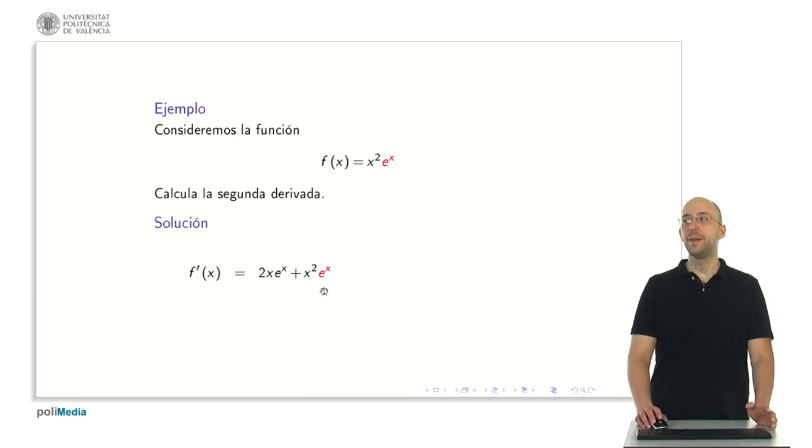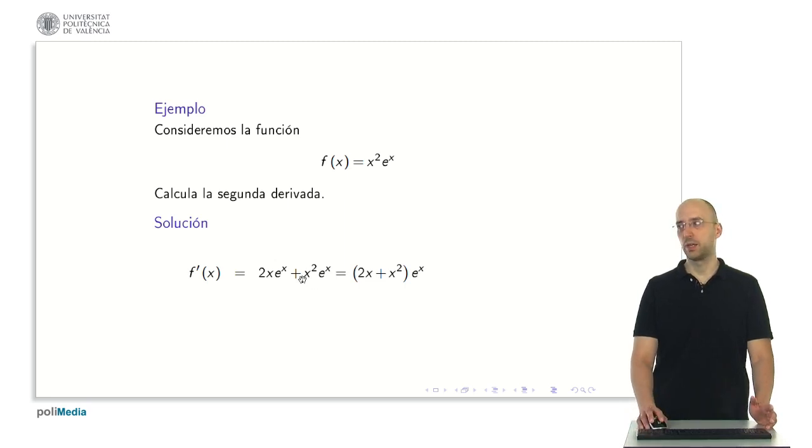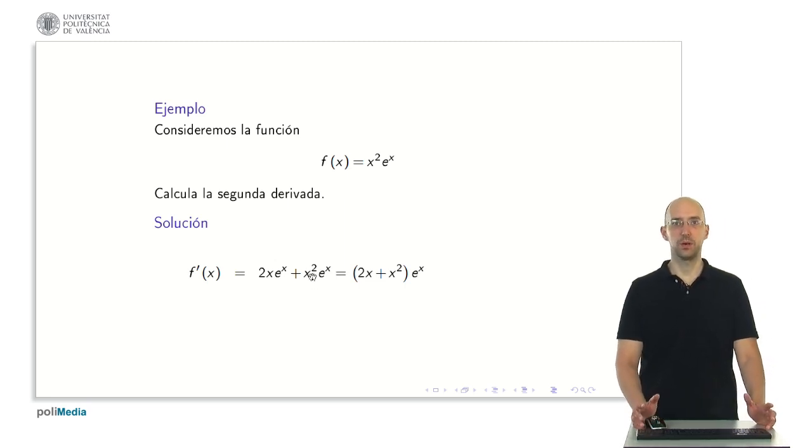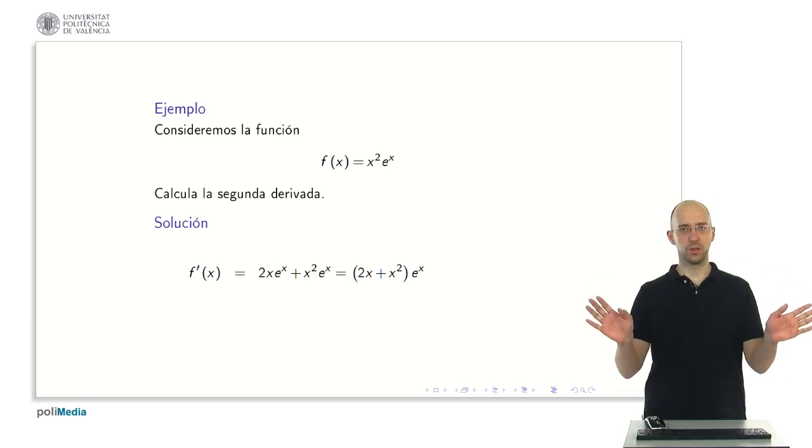I've applied the product rule. Now what can we see? Right here I have 2 times e raised to the power of x. I can extract the common factor and write it like this. See, I factored out the common factor of e to the power of x, and I'm left with 2x plus x squared. You might ask if I can also extract the common factor of x, as I have x here and x squared there. Yes, that's possible, but for clarity, let's keep them separated as a polynomial and an exponential